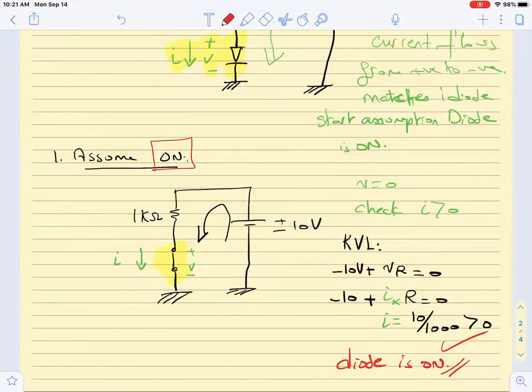Does anyone have a question? Doctor, I have a question. Don't we just know whether the diode is on or off depending on its direction, the direction when it is drawn? Here it is simple because we have a constant voltage and a resistor, right? So we can guess. Typically, if we start to have more complex circuits, again, it is very good for us